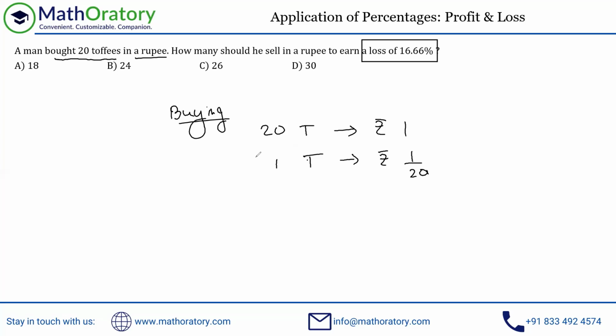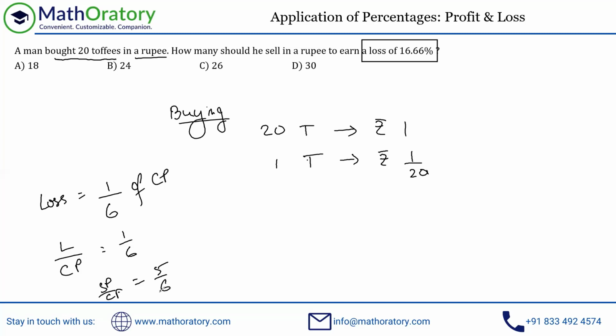Now understand this, there's a loss of 16.66%, which means 1/6, and the loss or profit percentage are calculated always on the CP, right? So loss is 1/6 of the CP, which implies that the loss out of CP is 1/6. So if you can do these kind of things quickly, the SP by CP thing will be 5/6. I'm subtracting 1/6 from 1.